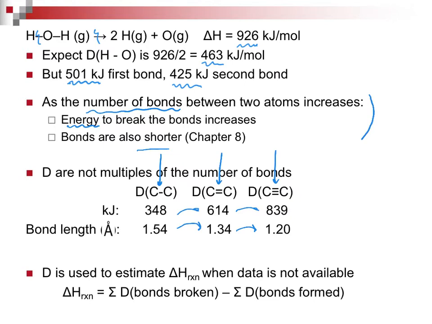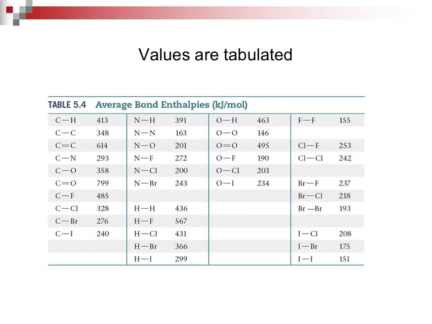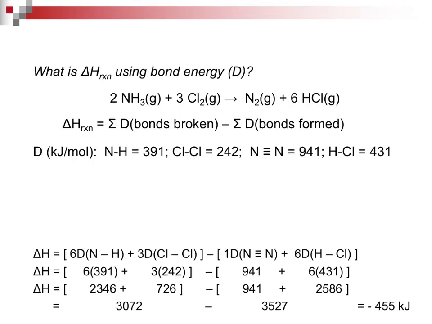So what's the rest of this section look like? Well, we can use bond enthalpy to estimate a delta H of reaction if we don't have the right data to work with. So values for bond enthalpies are tabulated. You can just see like a CH is a 413. You can pick over here an HH is a 436. I can find the chlorine from my earlier slide. They're all tabulated for. So you'll be faced with a question like this.